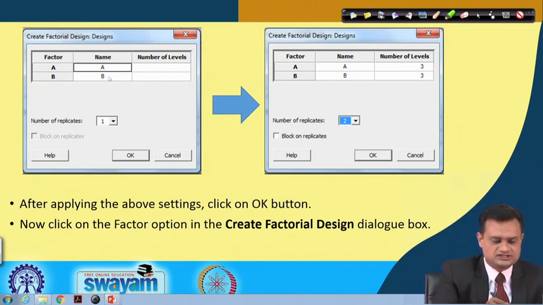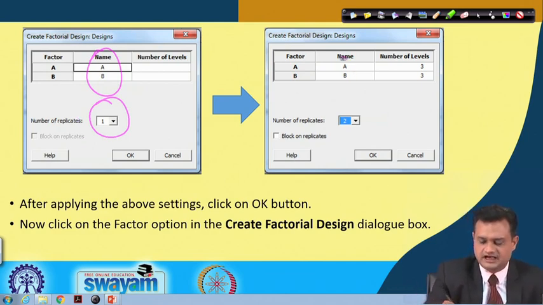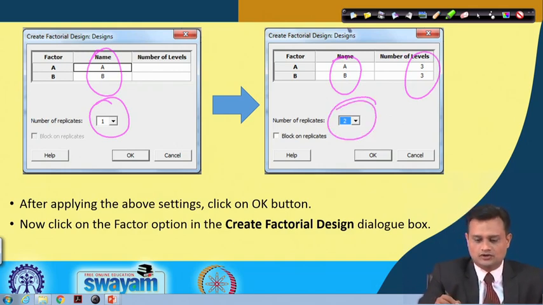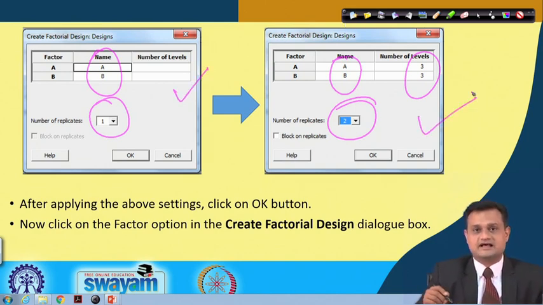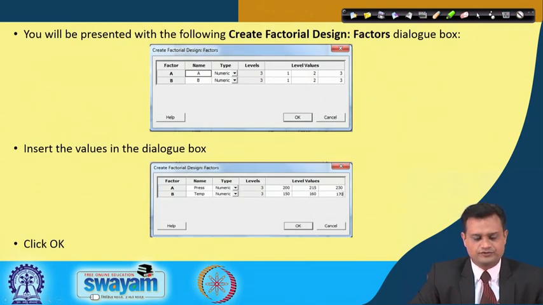You have two factors, factor A and factor B. The number of replicates is 1 if nothing is specified. In our case, factor A and factor B are set at 3 levels and the number of replicates is 2. This is just the standard window.